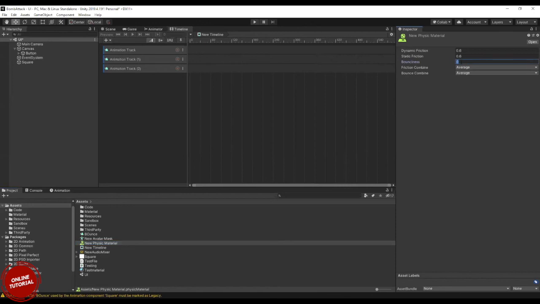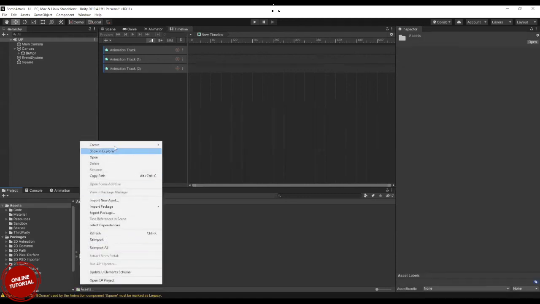If its bounciness is 0, then it will not bounce, and at 0.5 it will bounce less. Or if the character is heavy and should not move in any way, then you can increase the friction. The friction should be at maximum. So for any object you create, if you want to have its physical properties assigned, you can do it using this.